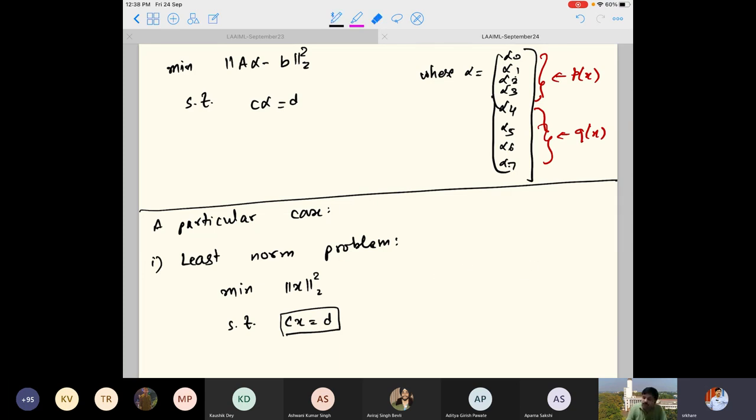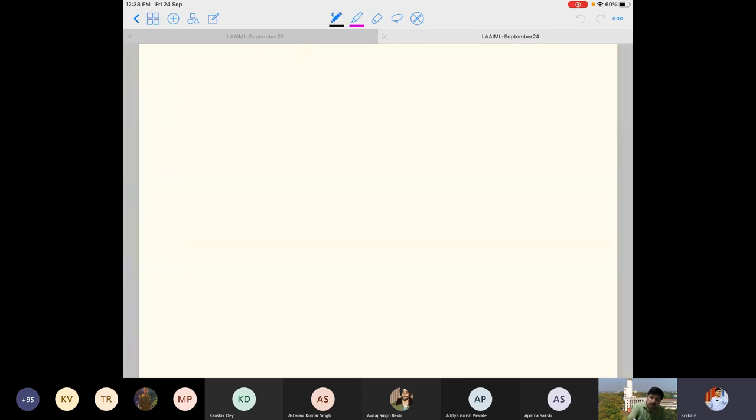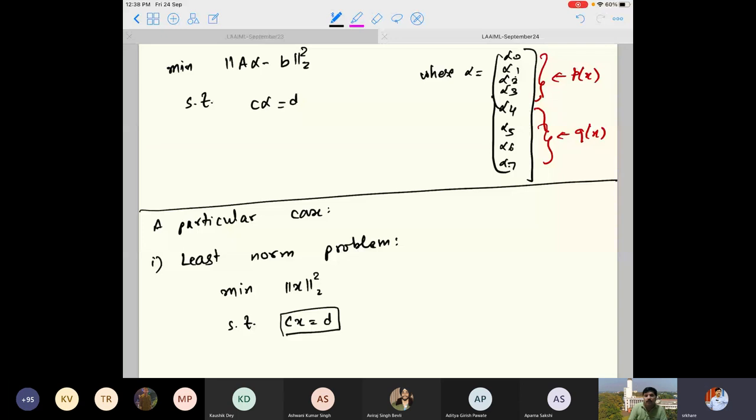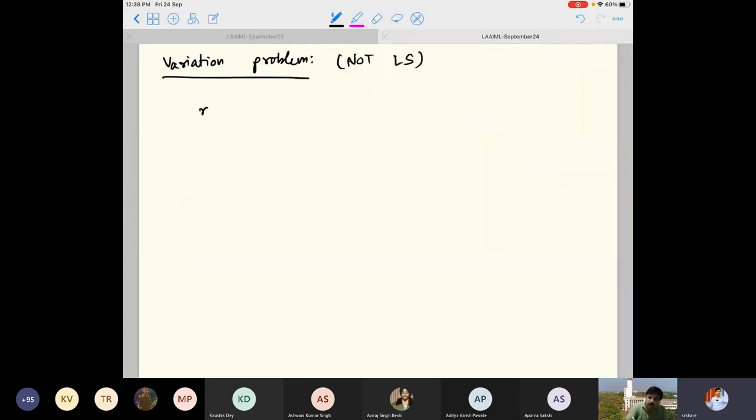One variation of this problem is something that you will find at many places. It is not least squares, but I will change this. You are seeking the minimum norm solution of Cx is equal to D. So instead of looking at the two norm, if you look at the one norm subject to the constraint that Cx is equal to D, then